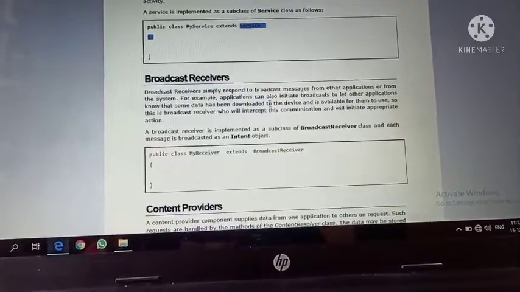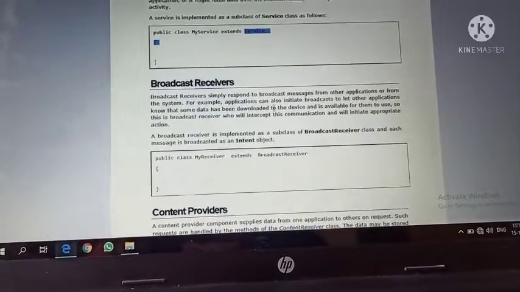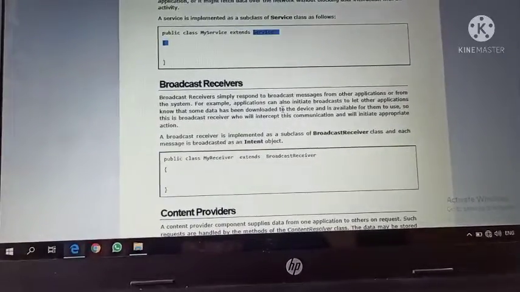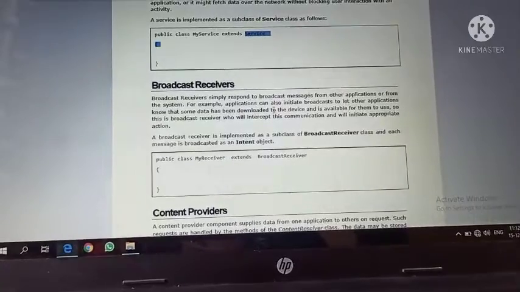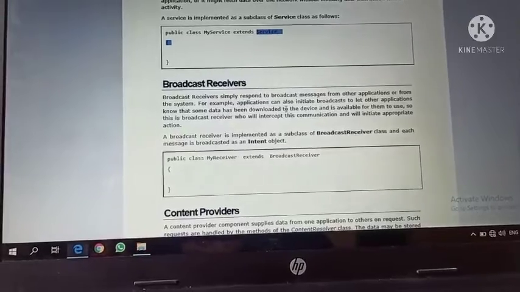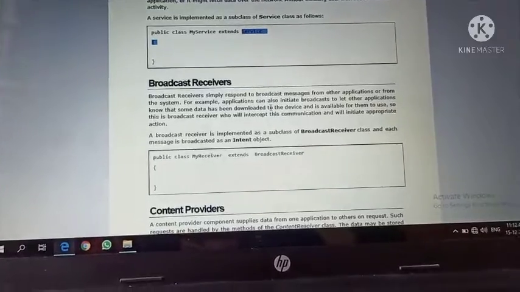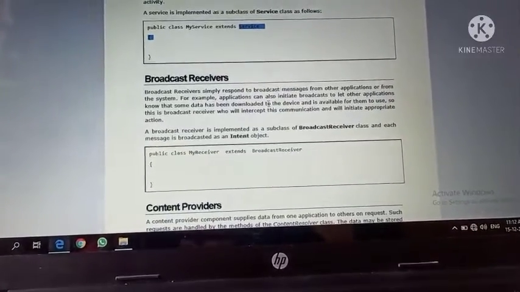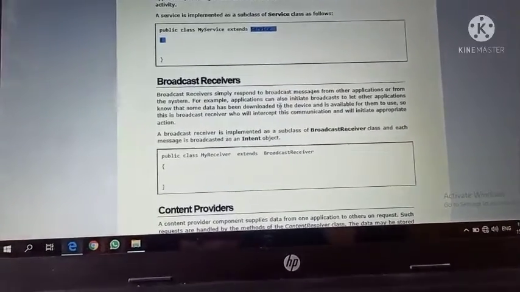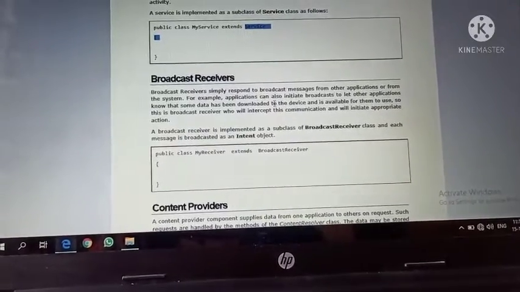So what does a broadcast receiver mean? Suppose you search on Google for any movie name or any file, then you select that file and start to download. The notification you get that your file is downloaded successfully, is running, or is uploading comes from the broadcast. So a broadcast is where you can receive the response that comes from the background.